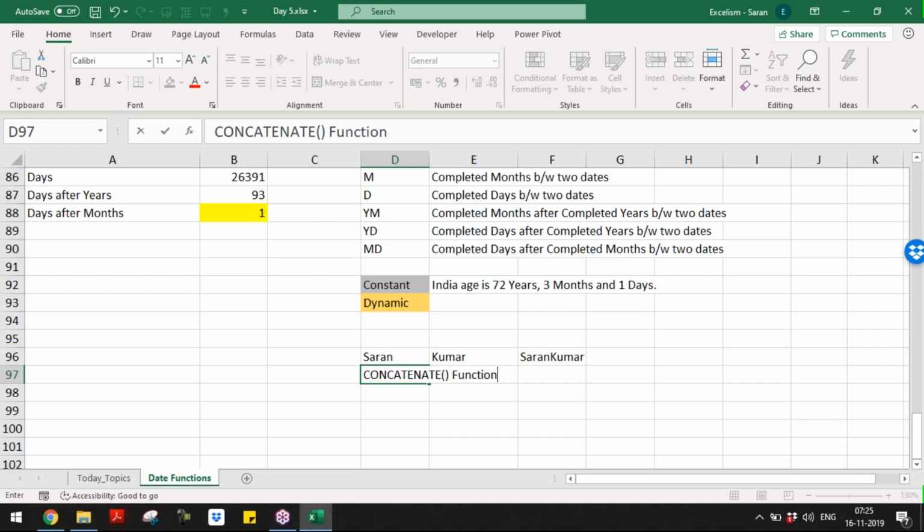that joins values. CONCATENATE function always results text.